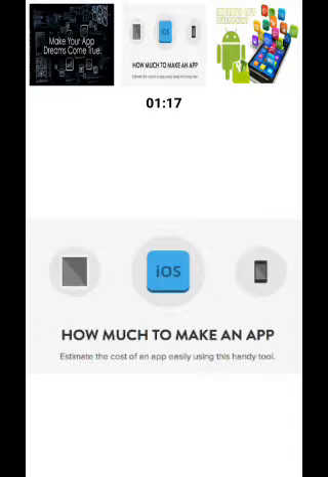How much to make an app? It's like an estimate, really. To be honest, you really need to understand your business to know if it's even worth making an app, let alone how much it's going to cost to make. You need to evaluate your business or your proof of concept, or your market, so to speak, because apps are very trendy now.